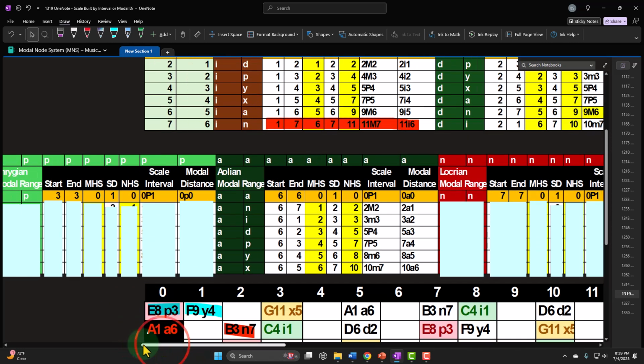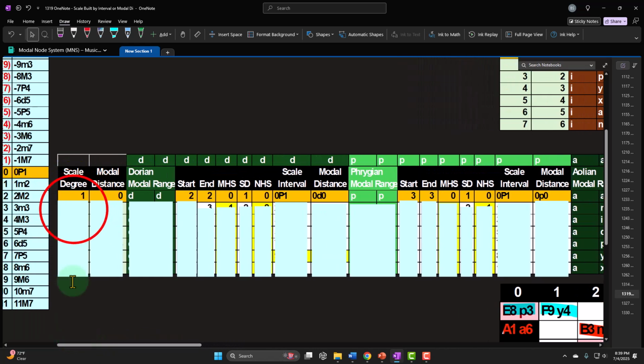So let's see what that looks like over here. So we go to the Dorian. We're going to say we want to go to the second scale degree, which is a distance of 1, because all the scale degrees are off by 1. So we're going 1 continent to the right. If I start on the Dorian, then I'd land on the Phrygian. Why? Because the Dorian is the 2, and I'm going 1 continent up. So I'm going to land on the 3. And so that would be the scale degree of the second modal half step, because the scale degrees are off by 1. The notes are going to be 2 from the Dorian, and that's going to be a 2 note